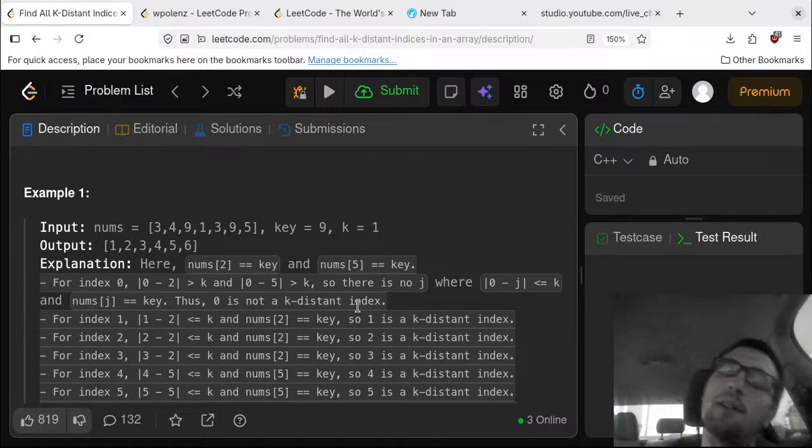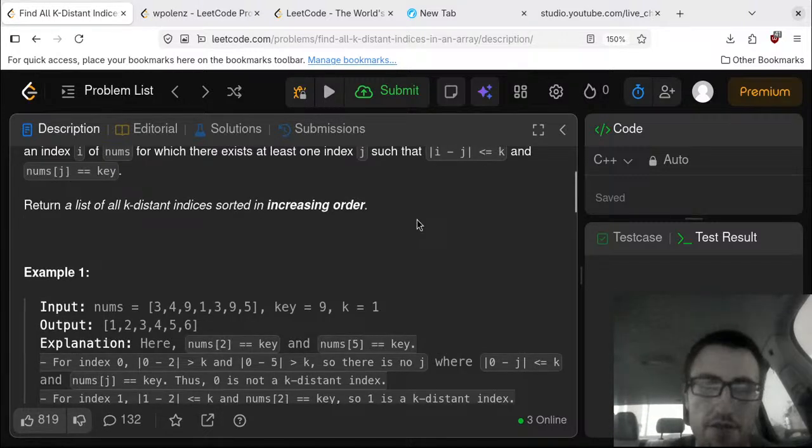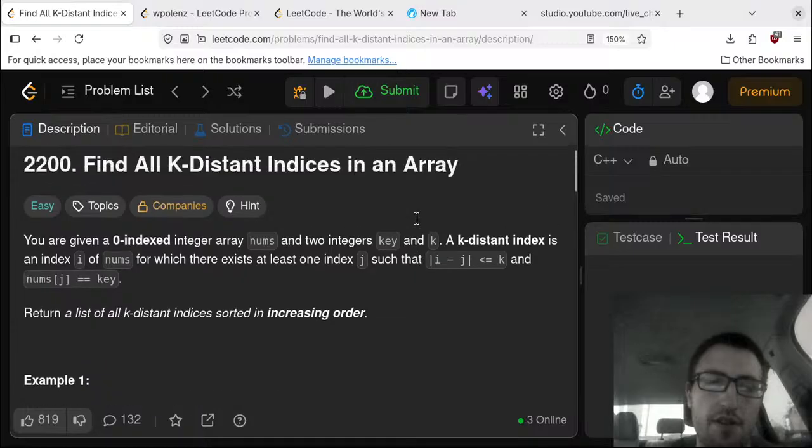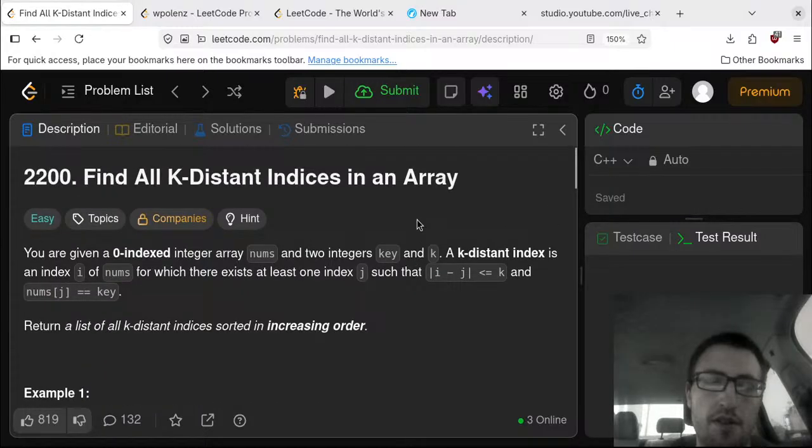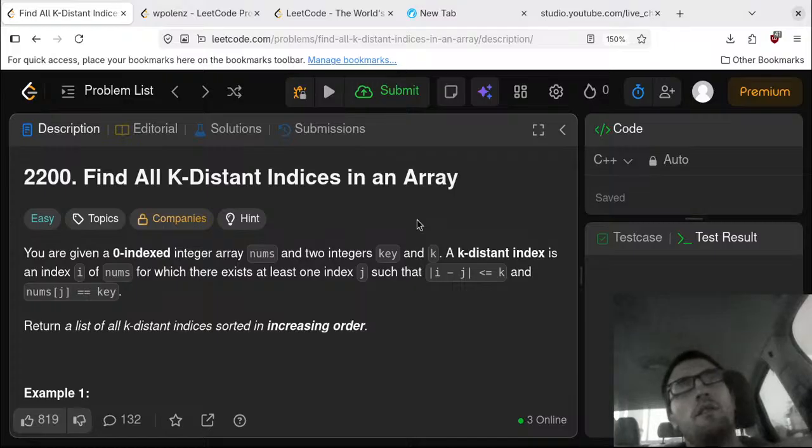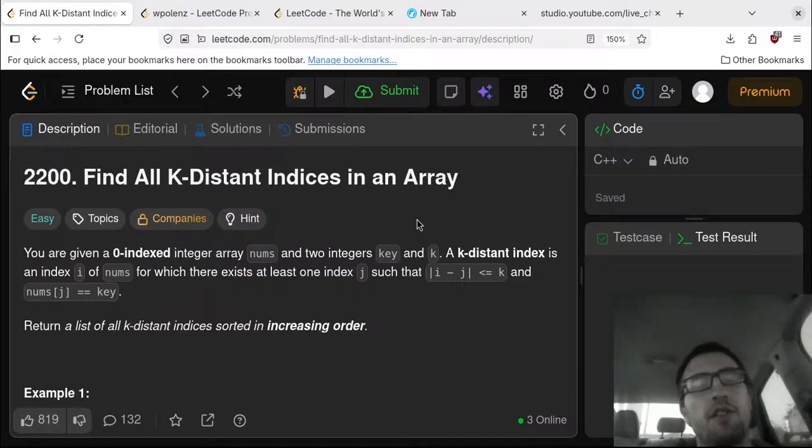There's no overlap for the first key, but the second key might have some overlap. To check the overlap, all I would need to do is check and see if the